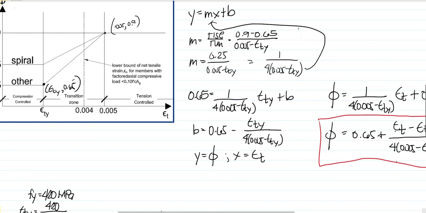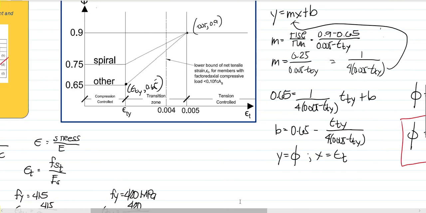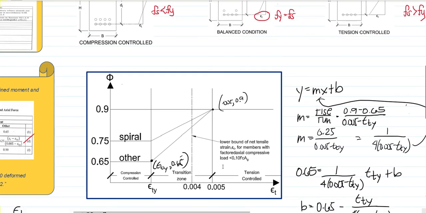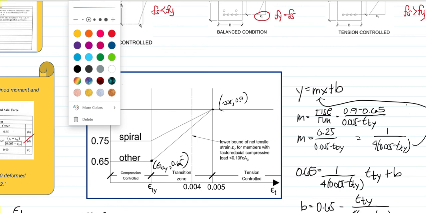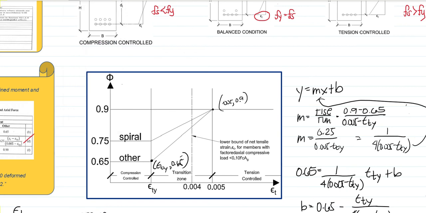So, basta meron kang ganitong diagram, or basta alam mo tong diagram na to,